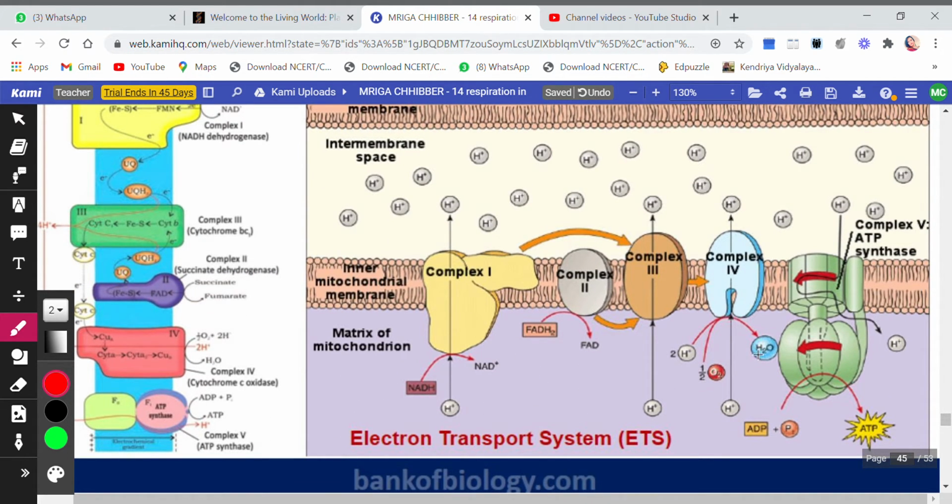The whole technique is shown here elaborately in this diagram. You can see and you can just make out and understand. This diagram is very nice and very clear, you can see. So when you study and you look through the diagram, things will be very much easier for all of you, right?